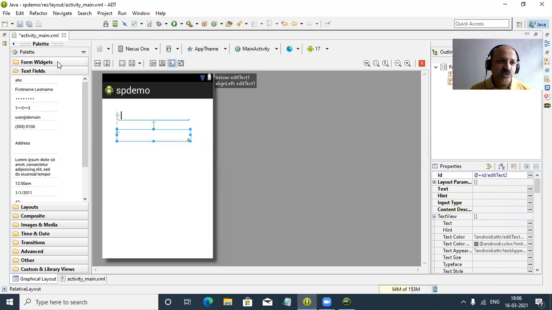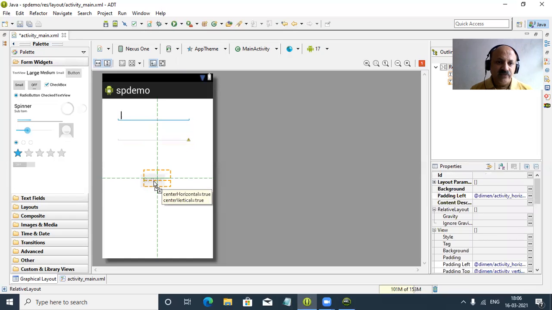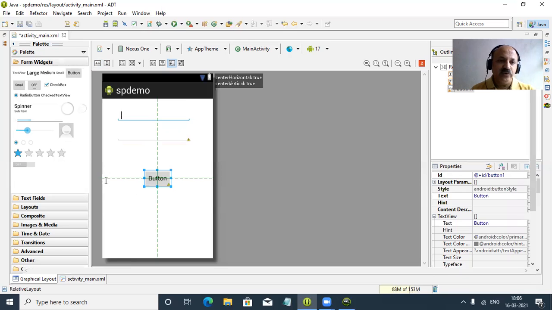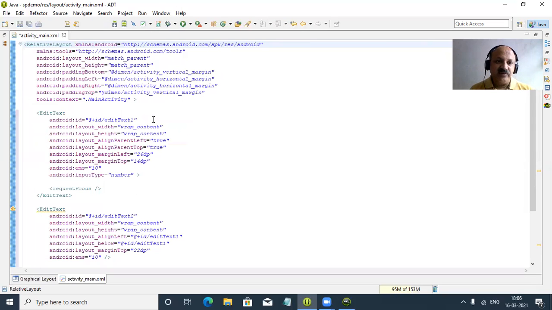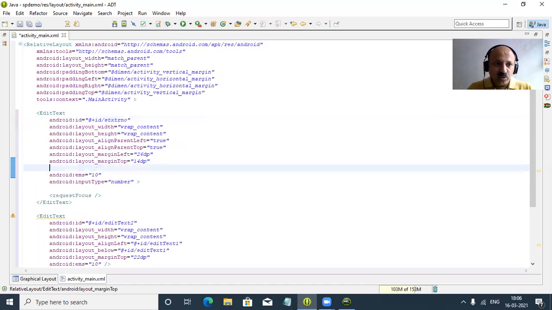So here we can take two edit texts and one button to write our file. Yes, so one button. So we can write those two pieces of information to our file using shared preference. So primitive data types you have to write. Yes, that is the goal of shared preference. Yes, here that is ETXT RNO, that is the ID of the first one, and the input type is number.